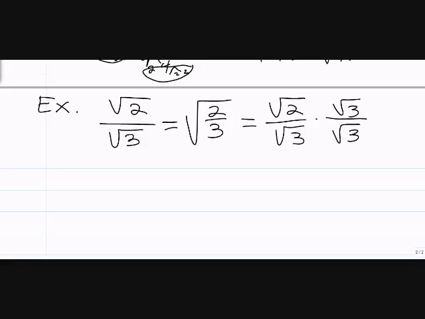I have not changed the value of my fraction. Now what's going to happen? All right. I will multiply the square root of 2 times the square root of 3 and get the square root of 6, and then the square root of 3 times the square root of 3 is the square root of 9, better known as 3. So